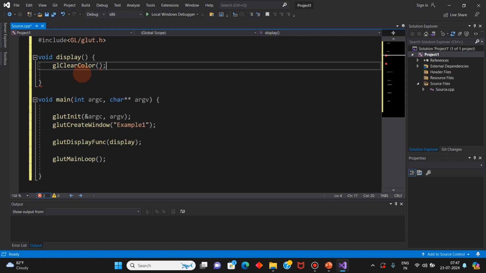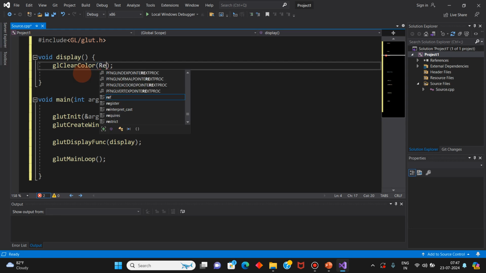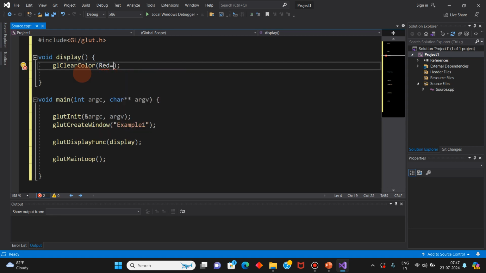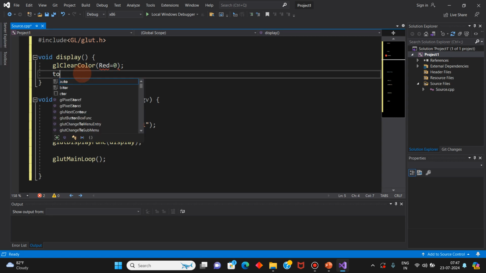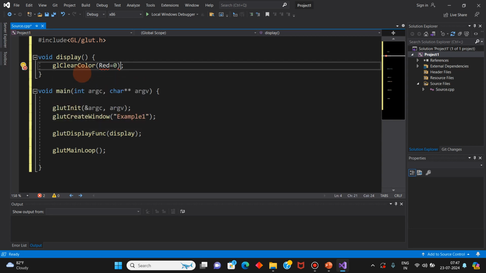It takes 4 arguments. The first argument is R, red. What is the intensity of red? It can take values from 0 to 1. 0 means no intensity of red color and 1 means full red color intensity.